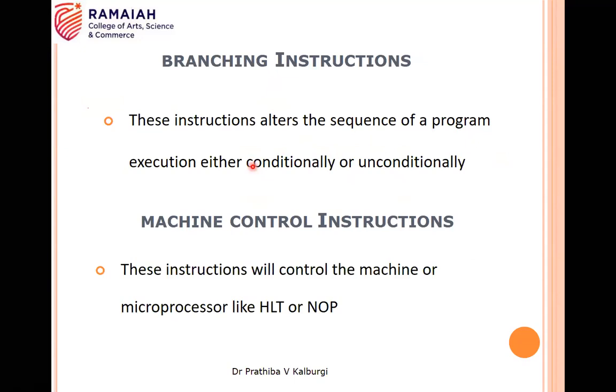What are the 5 flags of the 8085? Carry, zero, auxiliary carry, parity, and the sign flag.